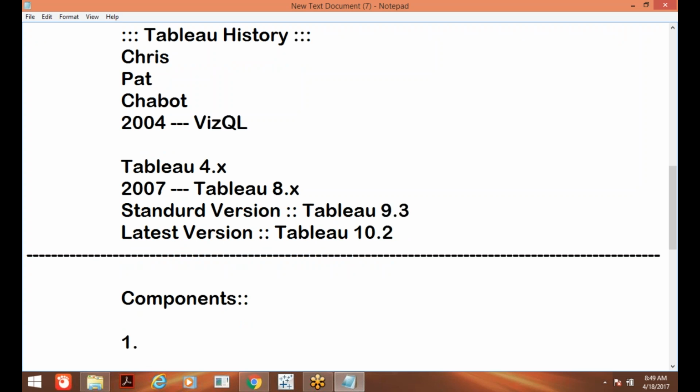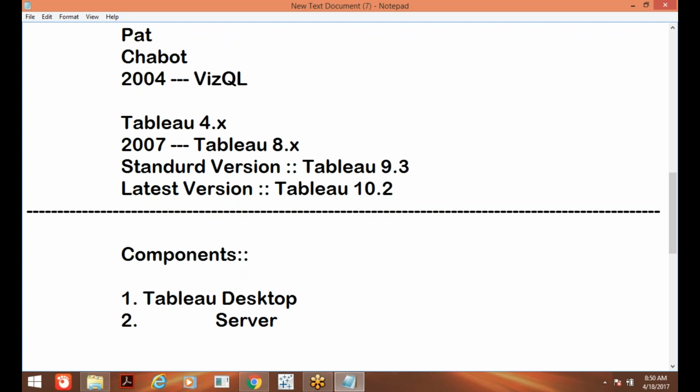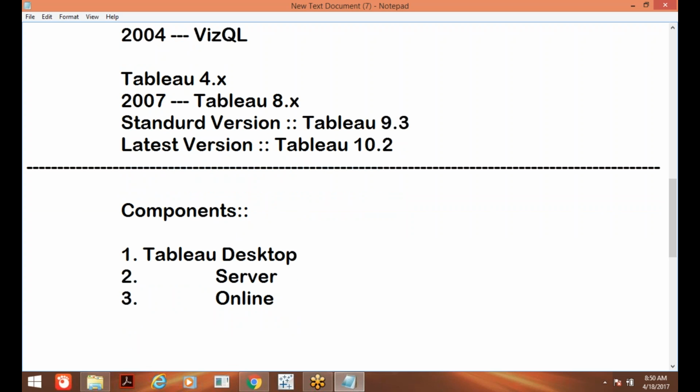The first and foremost important component of Tableau is Tableau Desktop, which we are going to see in our entire course. The second one is Tableau Server. Third one, Tableau Online. Fourth one, Tableau Public.